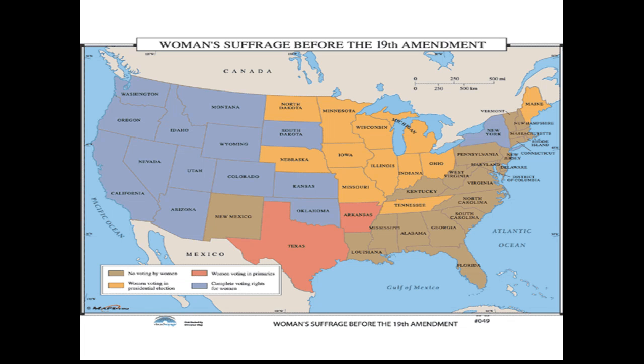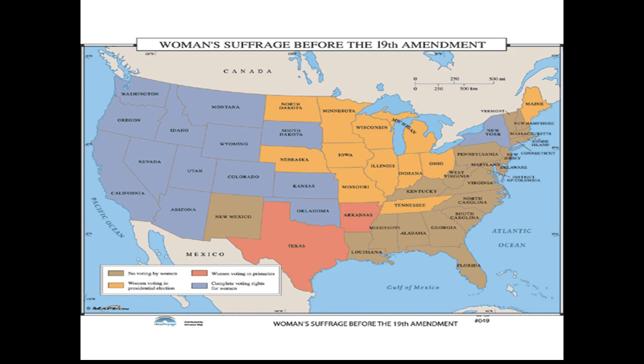Now you'll notice a lot of these states out west, for some reason out here, they have voting rights. And the further west you get, the more voting rights you have. Part of that has to do with the fact the way these areas were settled. So you're talking about going west and settling towns. A town might have 100 people in it, and 50 of them will be women. So if you want votes to happen and people to get involved working that, you got to give them the right to vote because there's not many people.